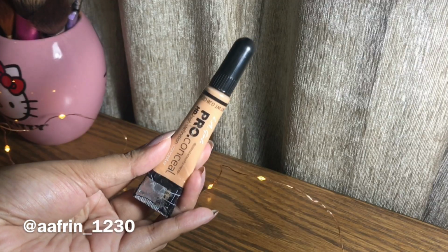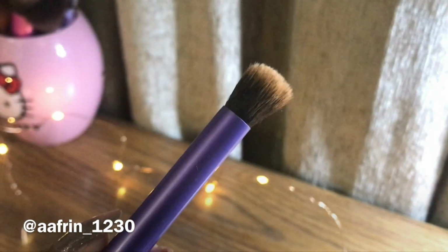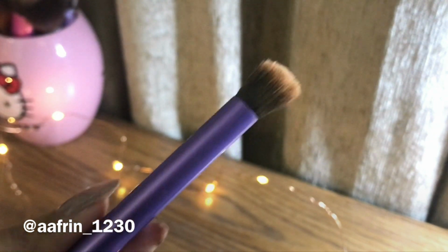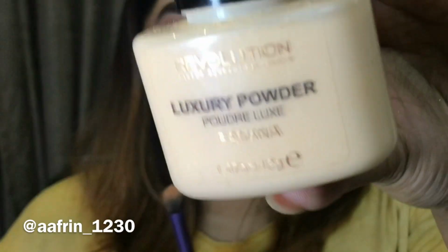To start off, I'm going to use this Pro Girl concealer in the shade Creamy Beige with the blending brush over here, which is from Real Techniques. It is a very fluffy, dense Real Techniques brush, and it's a very good brush. You're going to see me using this brush with this concealer. I'm going to use it as a primer base on my eyes, and I'm going to blend it in my